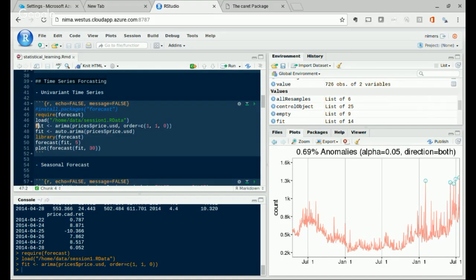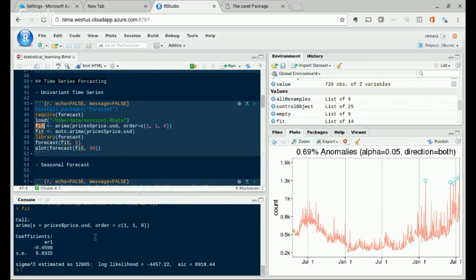So you get a fit, which if you look at it, has all the coefficients that you need. If you're a statistician or have experience in statistics, you can look at the numbers and run different statistical tests and see whether that fit is